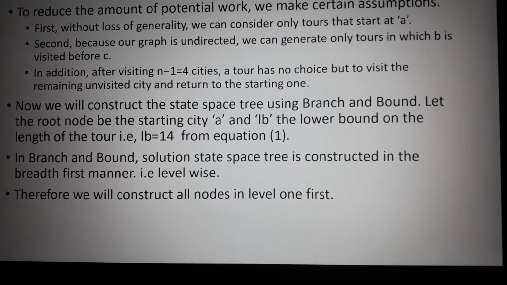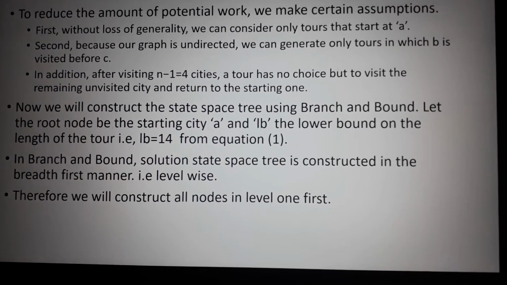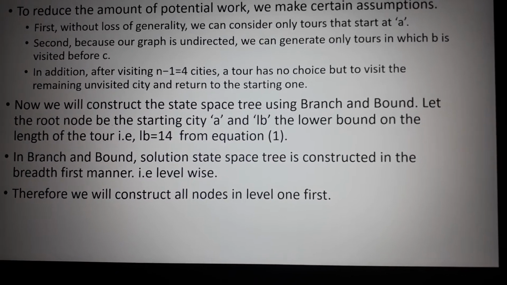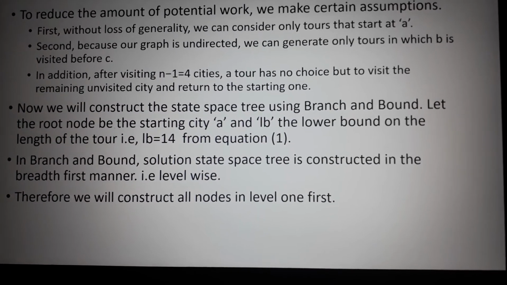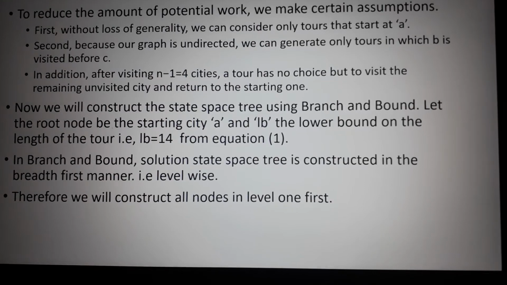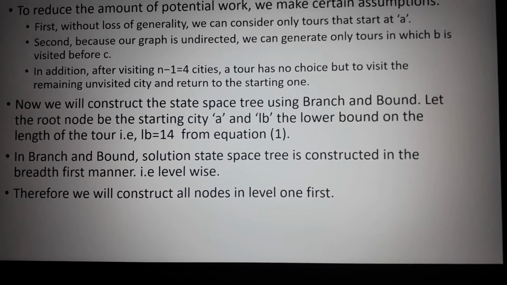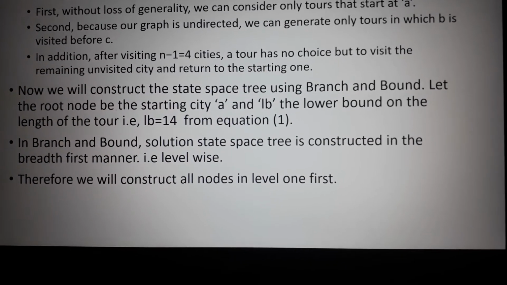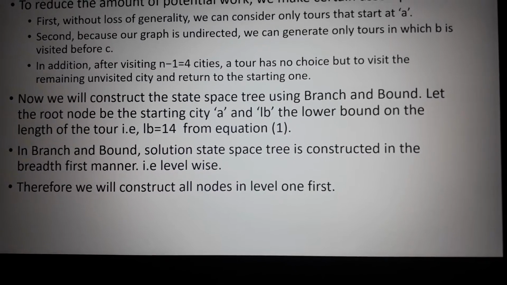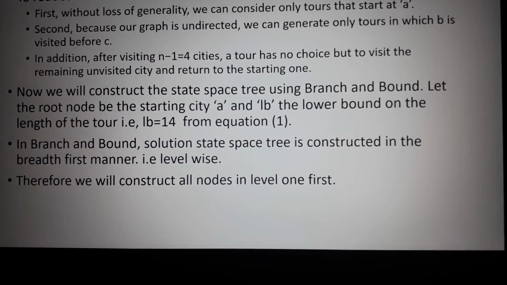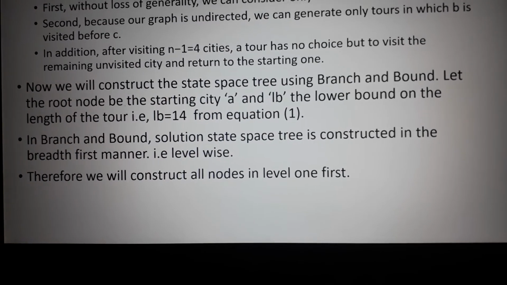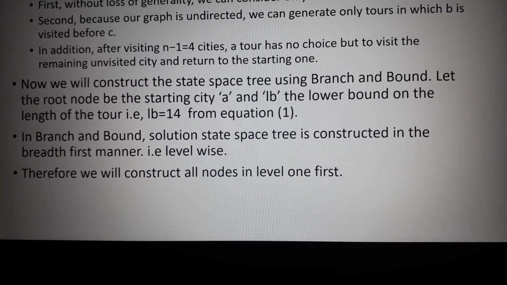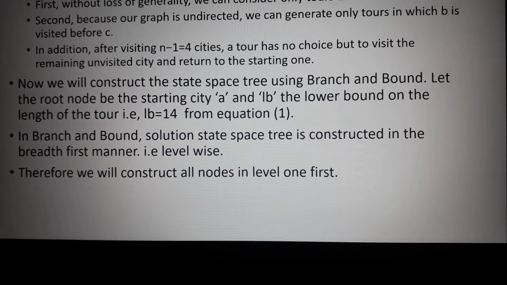In the branch and bound technique, the solution states are computed first. So the state space tree is constructed in the breadth first manner. To reduce the amount of potential work, we make certain assumptions. First, without loss of generality, we can consider only the tours that start at A. Second, because our graph is undirected, we can generate only tours in which B is visited before city C. In addition, after visiting n minus 1, that is 5 vertices minus 1, equal to 4 cities,